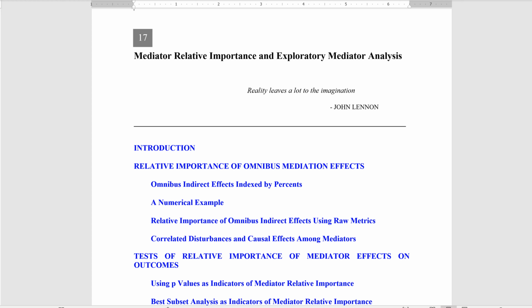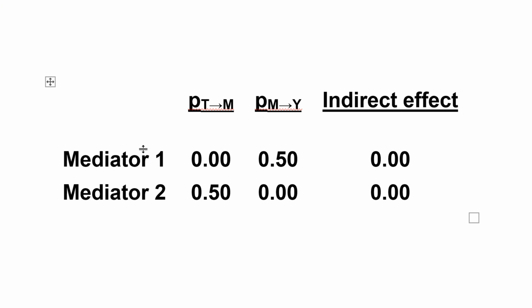For purposes of program evaluation, I argue that a focus on omnibus mediation effects often is misplaced. Consider two mediators and an outcome that are all measured on the same standardized metric, i.e. a mean of 0 and a standard deviation of 1. The path values and indirect mediational effect might be as follows. In this table, the mediators are listed as rows. This column is the path coefficient for the treatment to the mediator. This column is the path coefficient for the mediator to the outcome, and the indirect effect is the product of